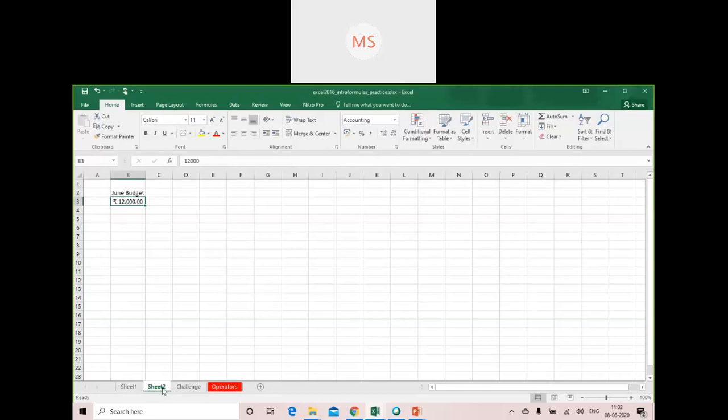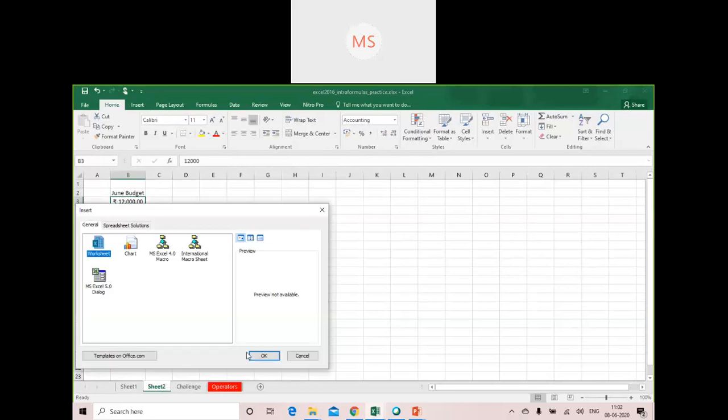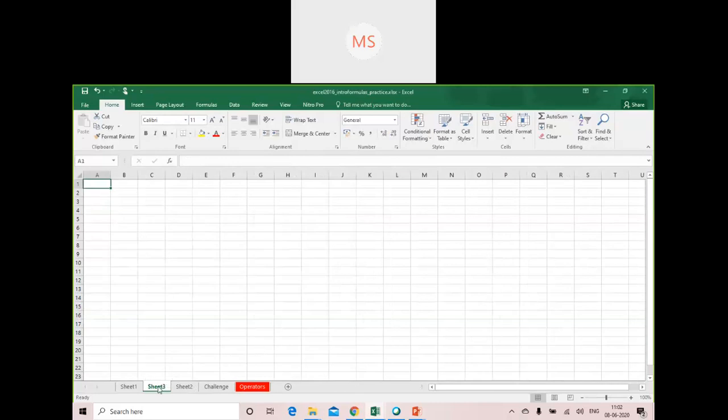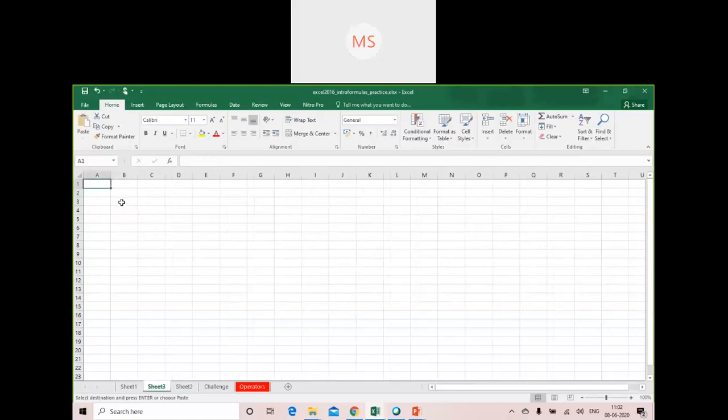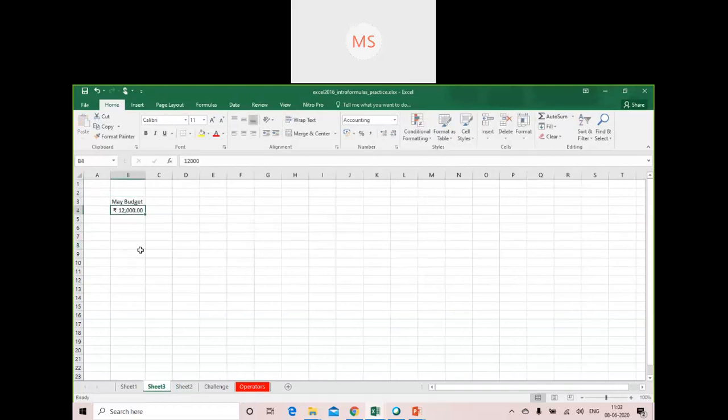There is another sheet I am creating, sheet 3, and it consists of May budget. Here the value is somewhat different, I can say it was 15,000.